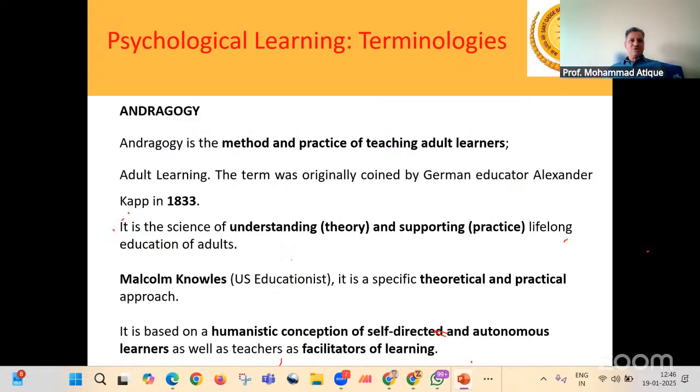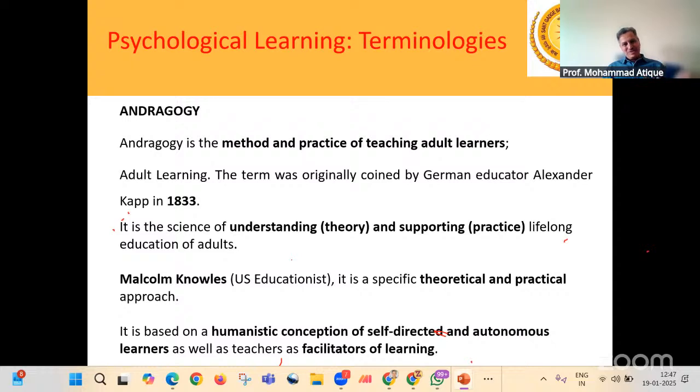Now, another terminology we came across when it comes to psychological learning is andragogy. I don't know whether some of you have heard this, but it is not a very new thing.